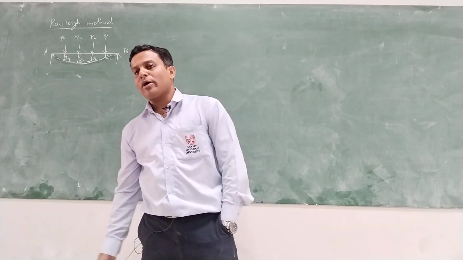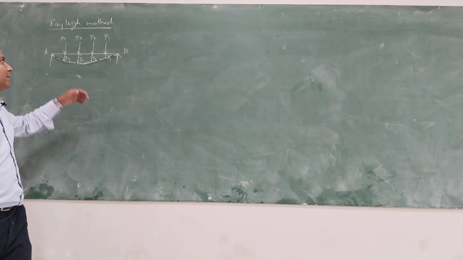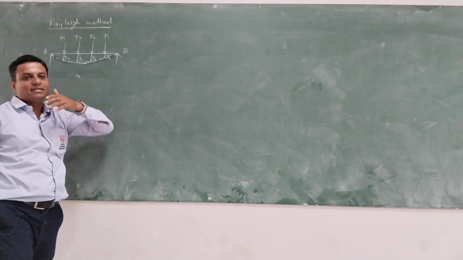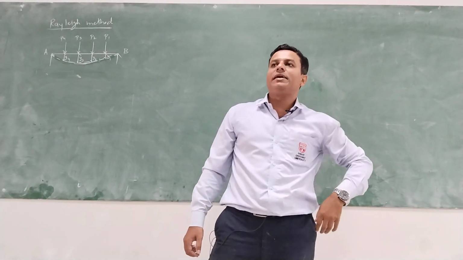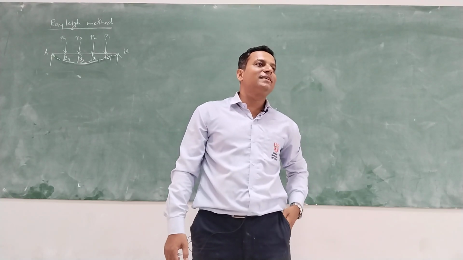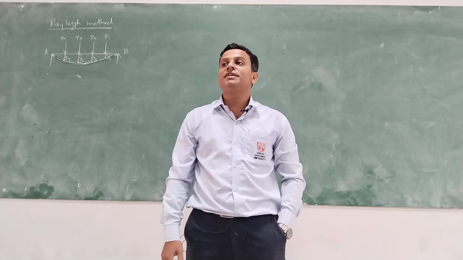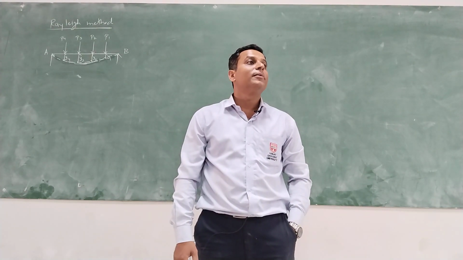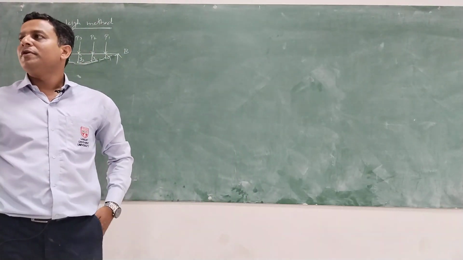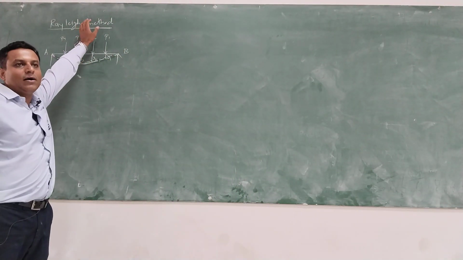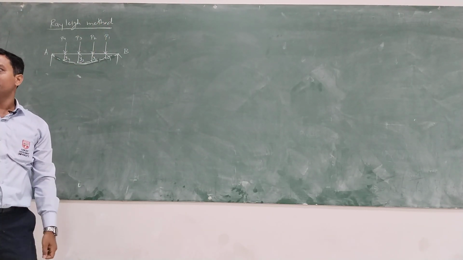Okay, so we are going to see the next method from the multi-degree of freedom, and that method is Rayleigh's method. We have seen this Rayleigh's method in unit 1, where we determined the natural frequency by considering maximum potential energy equal to maximum kinetic energy. We used this Rayleigh's method for the energy theorem. Now we are going to use Rayleigh's method for a multi-degree of freedom system.